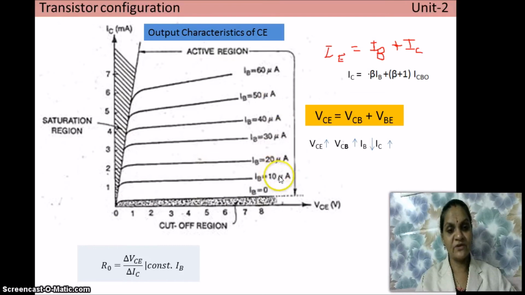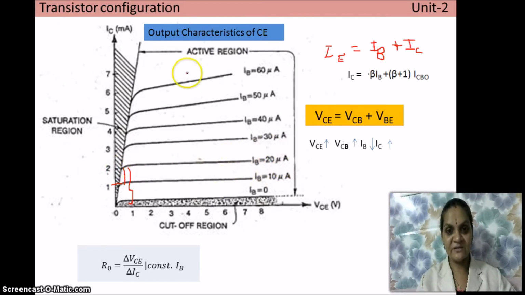And again, if you are increasing the value of base current from 10 microamps, 20 microamps, 30 microamps like that, what will be the change in the collector current? By using this expression, if the base current increases, that base current multiplied by beta gives some new term. That value gets added to the already existing leakage current. The existing leakage current is this much, and now I am increasing the value to this much. So total collector current will be approximately 2 milliamps for base current equal to 20 microamperes.